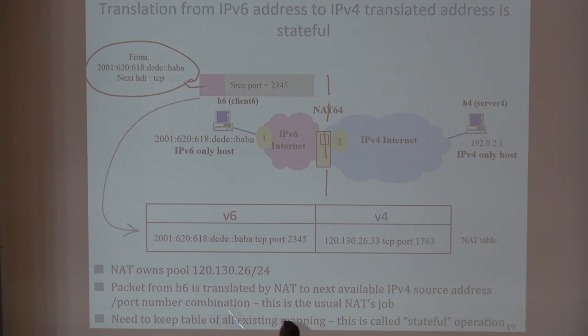And when the server here will receive a packet, it will receive a packet with this source address. So it will respond back to that address, and it will reach the NAT back that now has remembered this. So it will now, in the destination address field, put the destination address equal to this one and the destination port number this for the reverse direction. So that's half of the story.